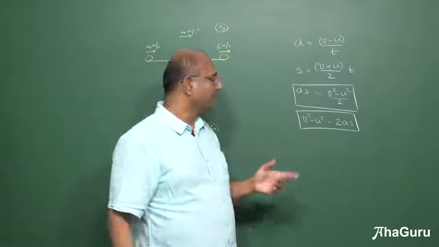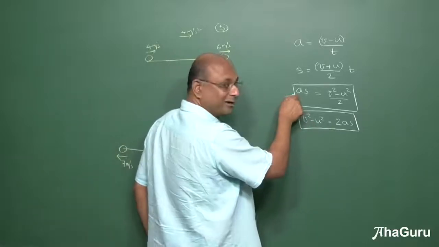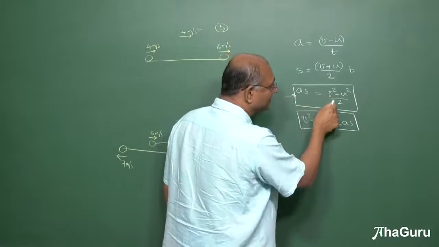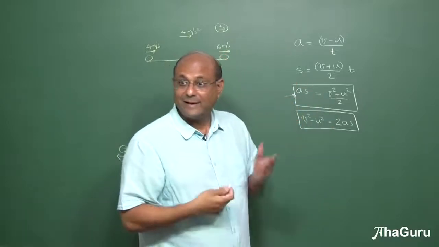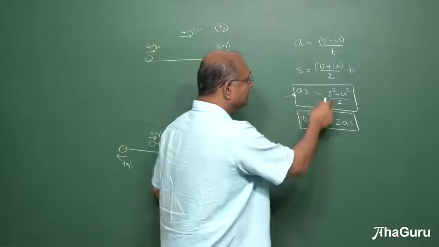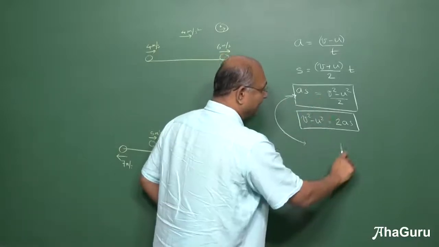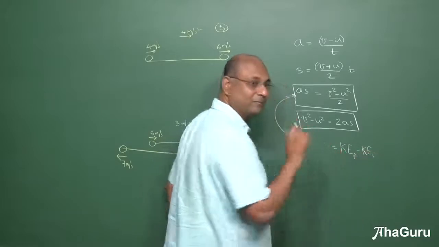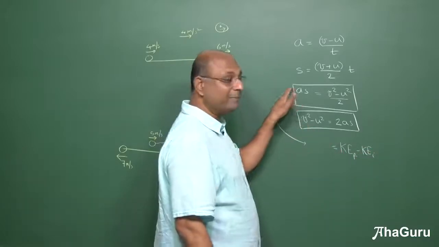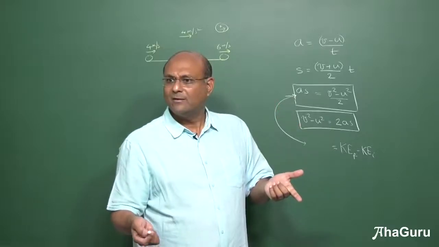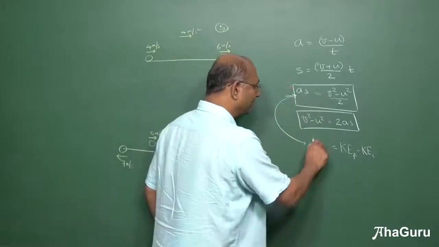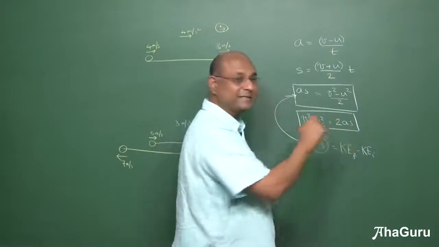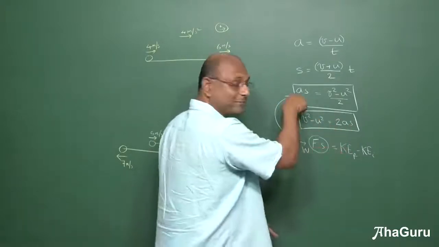Okay, so that's just the name. Why did I say that this was useful and important? Because if I multiply this by m, what is this? mv square by 2. What is half mv square? Kinetic energy. So if I multiply by m, this actually says that kinetic energy final minus kinetic energy initial, and if I multiply by m, I'll get ma into s. What is ma? Force. So this is force into displacement. So this turns out to be work. So work is change in kinetic energy. That is actually the same as this statement.